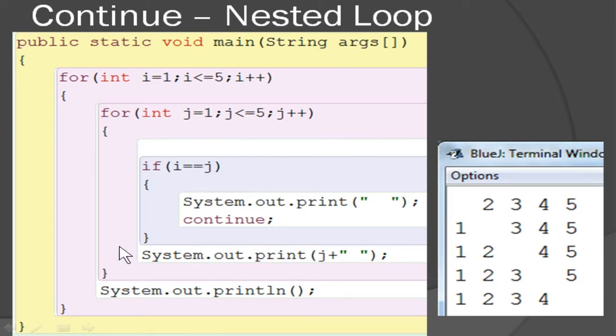So it goes on like this until the outer loop finishes executing. The next time, 1, 2 will be printed and 3 will be skipped, and then 4, 5. Then in the fourth line, 1, 2, 3 will be printed, 4 will be skipped, and the fifth number will be printed. And finally we will have 1, 2, 3, 4, and in the final line the i value becomes 5 and the j value becomes 5. Now the condition is true, so it will print a space. So the final value will not be printed, and it continues the loop till the condition is satisfied.